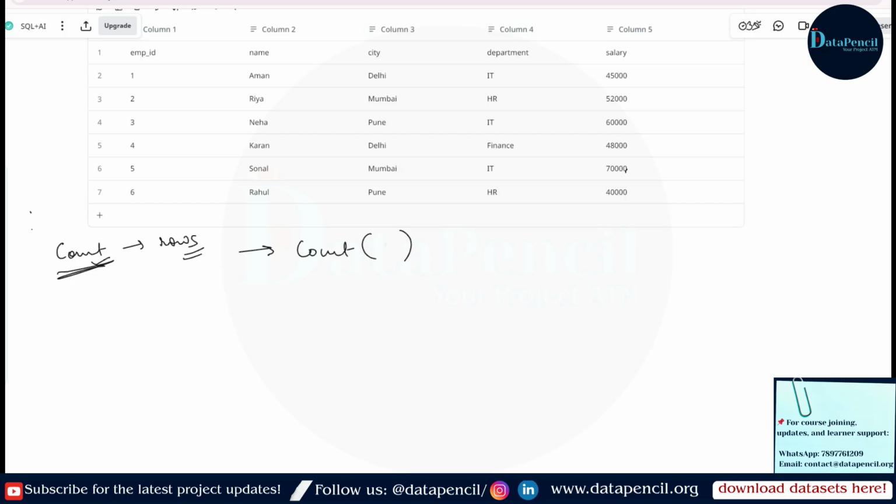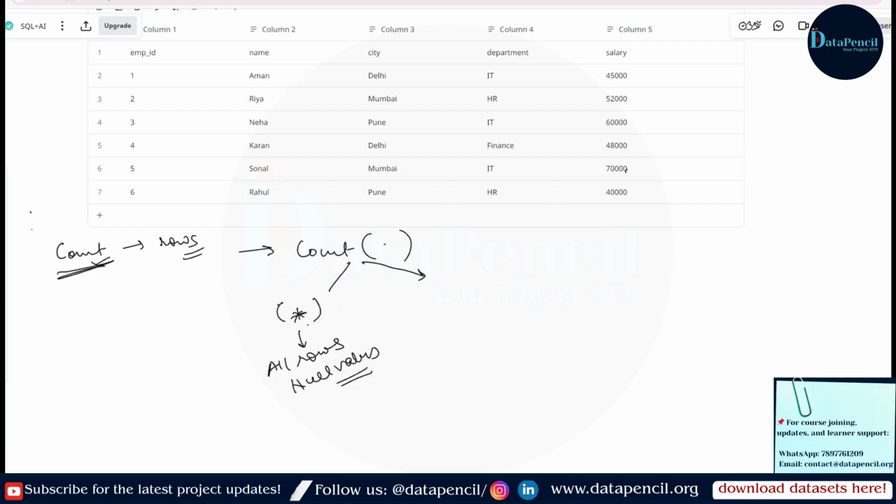If we write star inside this parenthesis, it means we are saying to count all rows. All rows means all rows including null values.